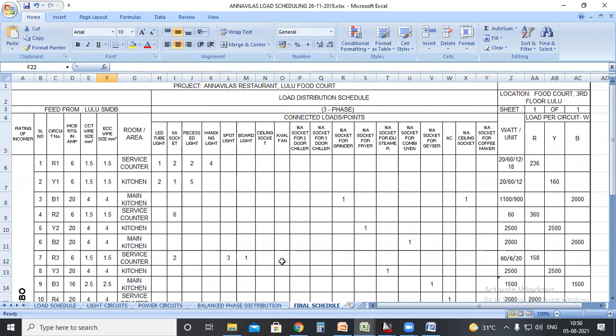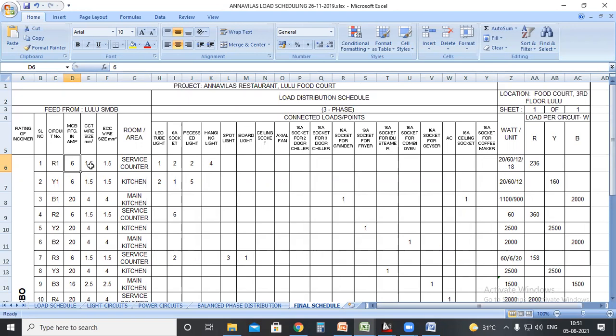This is actually very useful because, as I said, the R1 circuit name and MCB rating are provided. So which breaker have you chosen for R1? A 6 ampere breaker. What is the wire size? 1.5 mm square. These are all taken from the standards. Okay, 1.5 mm square wire is the standard we use for circuit wiring in India. But if you take the DEVA standard, it is 2.5 mm square.